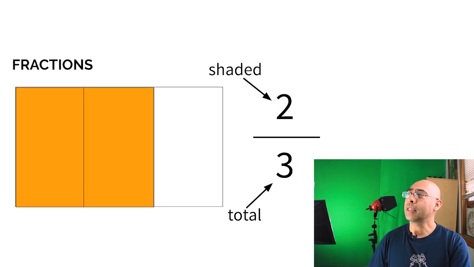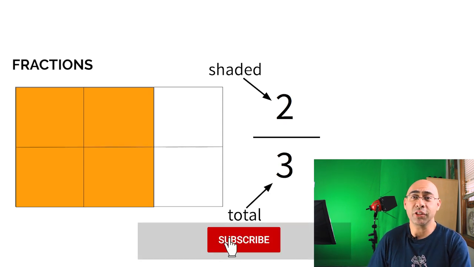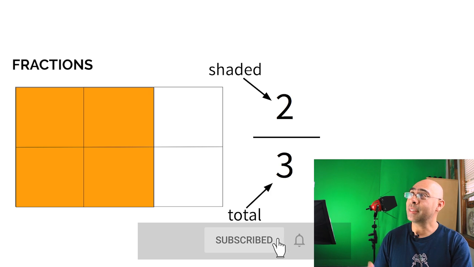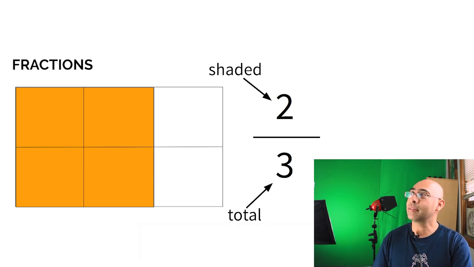Now let's say I take a look at that shape and I cut it in half down the middle. Now I didn't change the size of the shape. As you can see, this shape has a different number of shapes now. It has 6 shapes in there. So our bottom number, our total number of interior shapes, is 6. The number of shaded regions is now 4. So again, I didn't do anything to the shape other than put a line through it, but that changed the